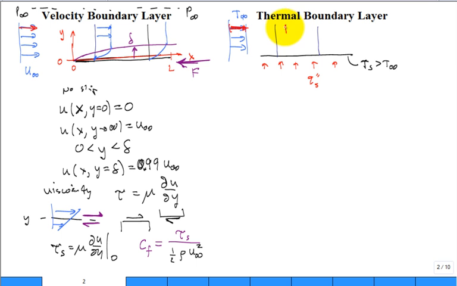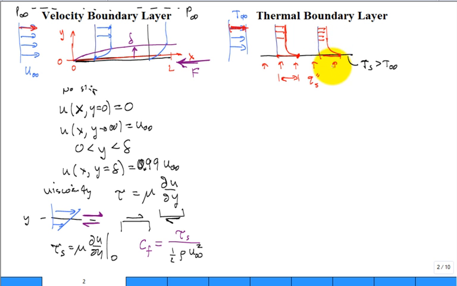So we want to think about all of these having the same T infinity far away. But then it has to get to this surface temperature, which is a length of a line from here to here. It's a little longer, right? Higher surface temperature. That same length of the line from here to here, higher surface temperature. So there's this transition through this layer of slower moving fluid where the temperature profile exists. So what happens is there's the temperature at the surface, and it goes something like that, close to the leading edge. Further away,